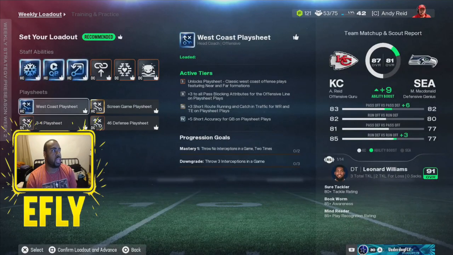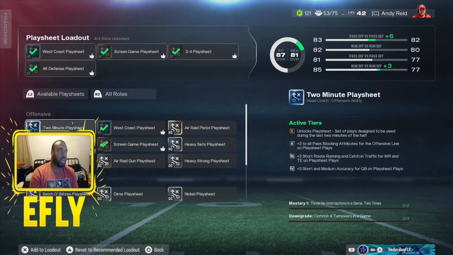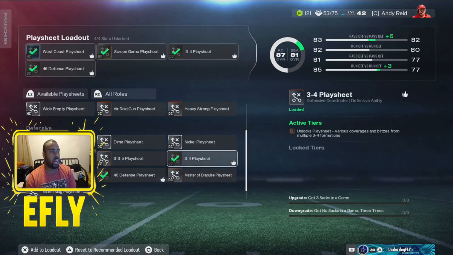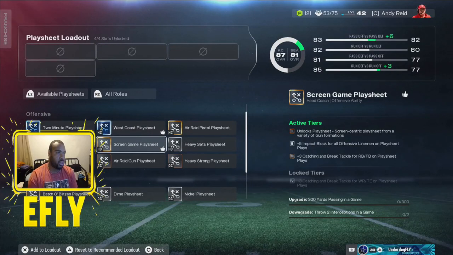So if you get here to your weekly training, right, here are the play sheets that you're going to have to enable. So you go here and push select. All the ones that are here that you're able to put in there are going to be put in. And there is no